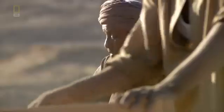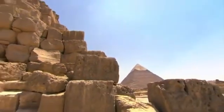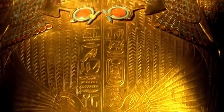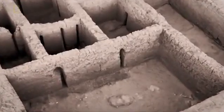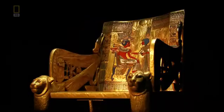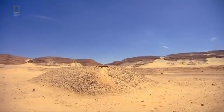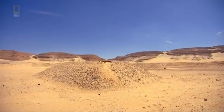But as Dreyer analysed the tomb and its contents further, he found extraordinary new evidence that Scorpion may have played an even more vital role in the very birth of Egyptian civilization. Dreyer believes this was the origin of the palace-like tombs of the pharaohs. The exterior of Scorpion's tomb may also have contained the idea behind one of the pharaoh's most iconic inventions, the